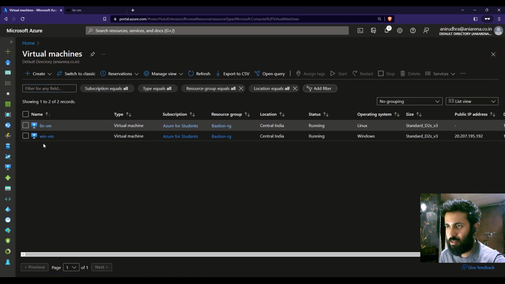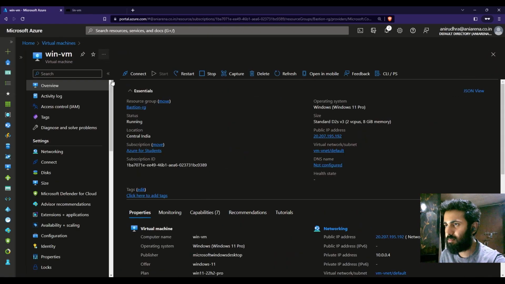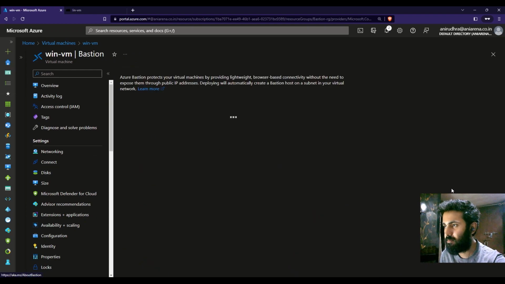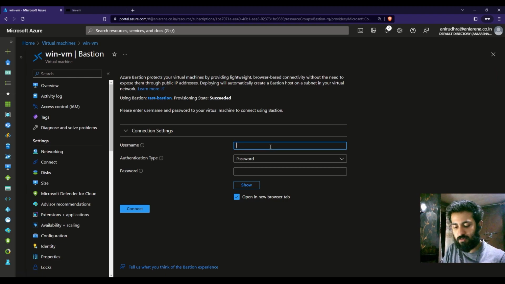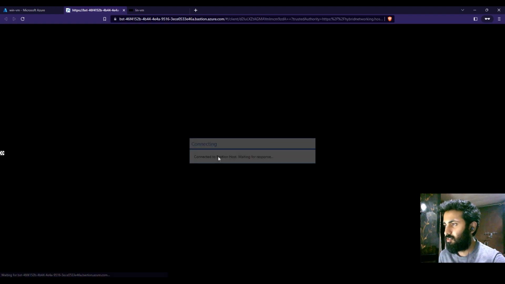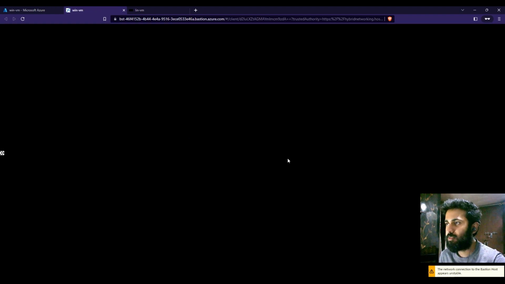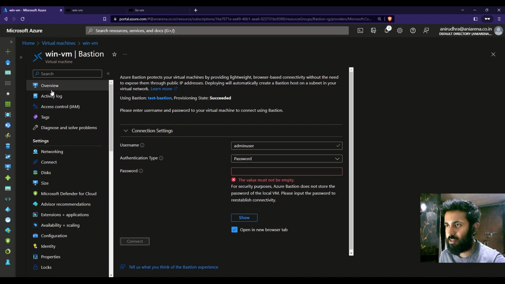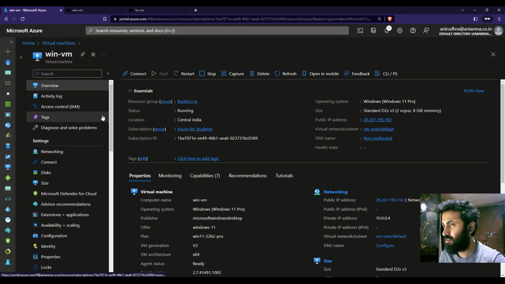So that's that. And similar thing, if I go to Windows VM, I can click on connect, and same thing, go to Bastion, use Bastion, and enter username and password, and hit connect, and it will go ahead and initiate an RDP connection directly from my browser. Okay, so we'll let it boot up, and in the meanwhile we can go to the overview,